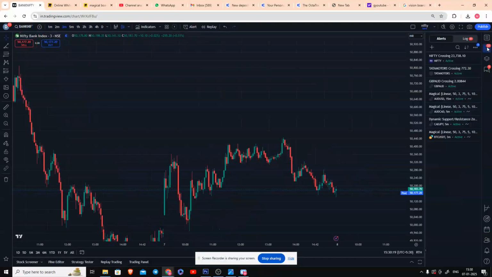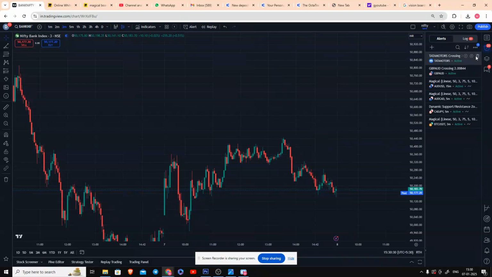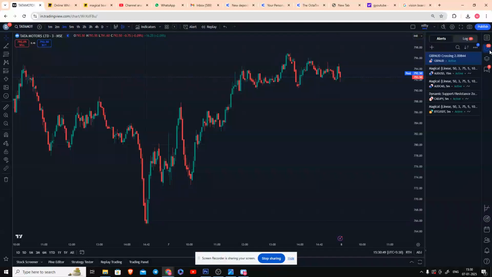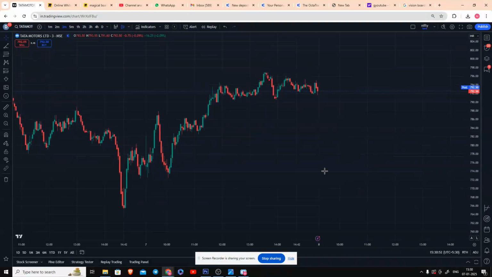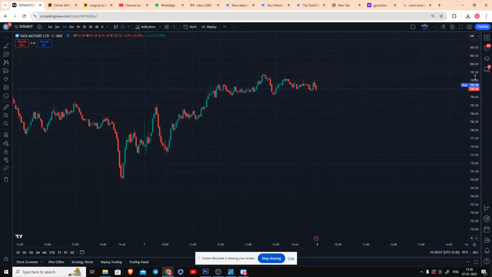So this category, alerts category, has all my alerts included here. These are the alerts that I currently have, and I can also remove these. I think we have certain alerts only for unsubscribed people, not for premium subscription people. So according to that, we have to choose alerts wisely. When you're done trading in Tata Motors or anything, you can just delete this alert. Okay, so these are the alert options. I'm just saying all the basics that you can go to and start your trading in TradingView.